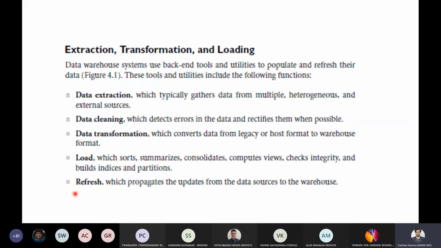integrity, etc. Refresh is update. Maybe this particular thing you will understand more in your distributed systems when you learn the consistency protocols, which might come a little later. But anyway, it's just like when you click the refresh button, whatever is there in the original database or data warehouse or repository will be propagated. All the changes will be propagated from the main repository to other sub repositories. So that is your refresh.